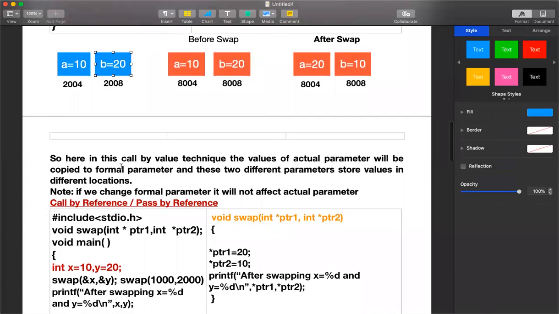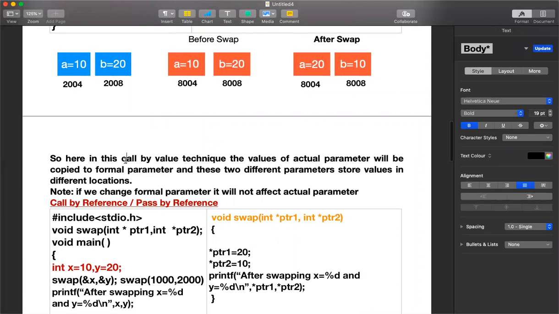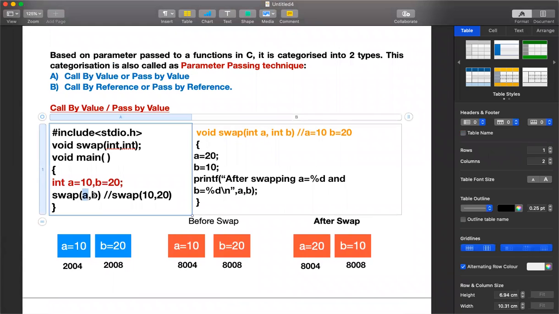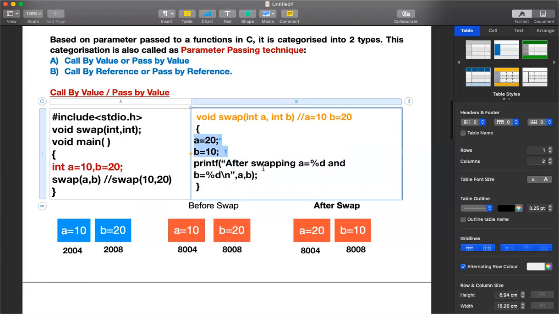So come back to the definition. Here in this call by value technique, the values of the actual parameter will be copied to the formal parameter. Did we do that? Yes, look here. Swap of a comma b copied this a comma b value to the formal parameters' a comma b value. Later on we changed the a value to 20 and the b value to 10.